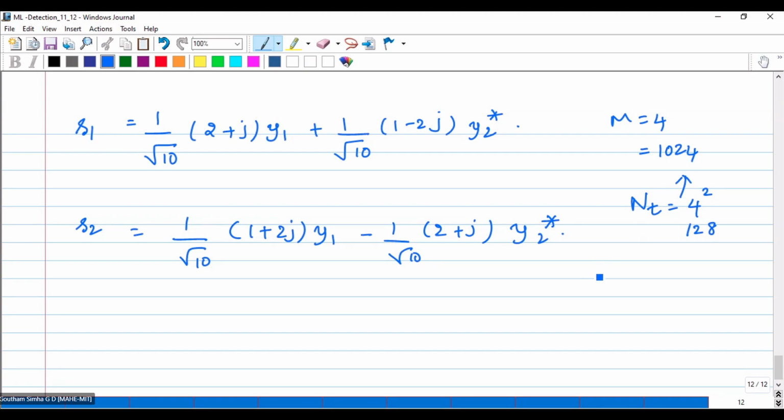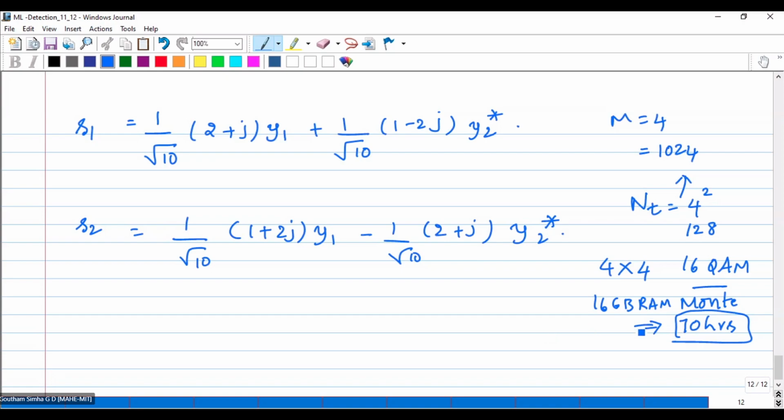so that even for my 4x4 system with 16 QAM, a Monte Carlo simulation took nearly 70 hours to calculate everything in MATLAB with 16 GB RAM. Don't be under the impression that it will be very easy. You will get a waterfall curve only after around 70 hours. If something goes wrong before 70 hours, you have to redo it. So iteration will take a lot of time. If you run it for 100 or 1000 iterations, then even if you optimally reduce the computational complexity of ML, you cannot go better than this.